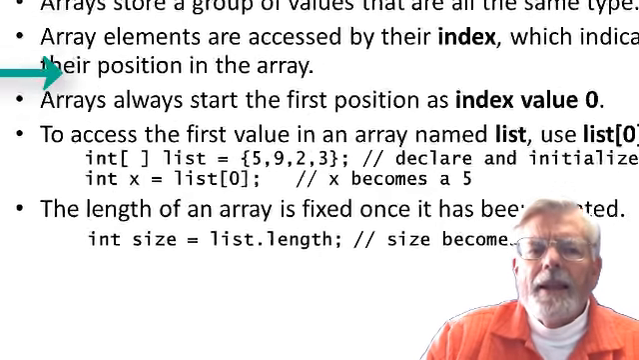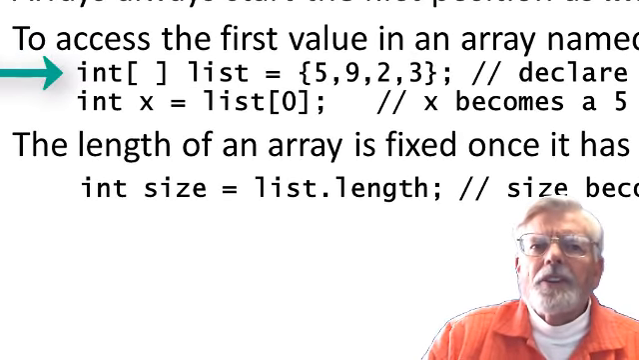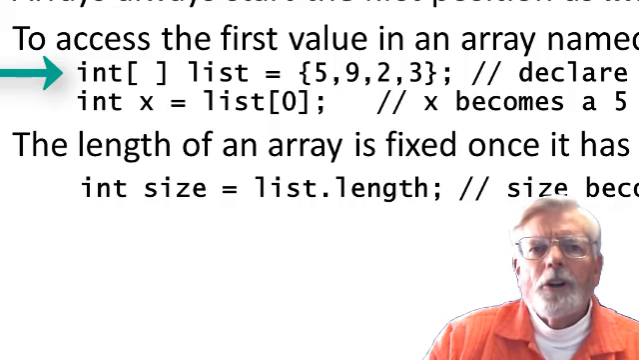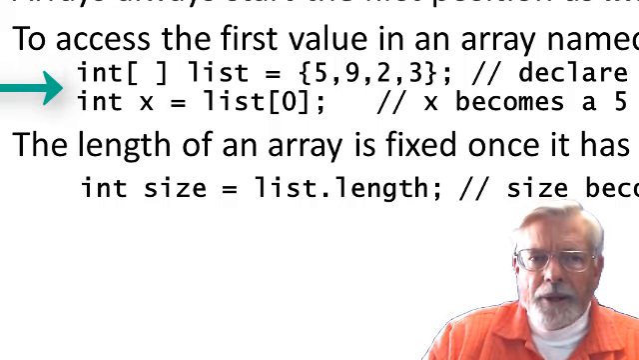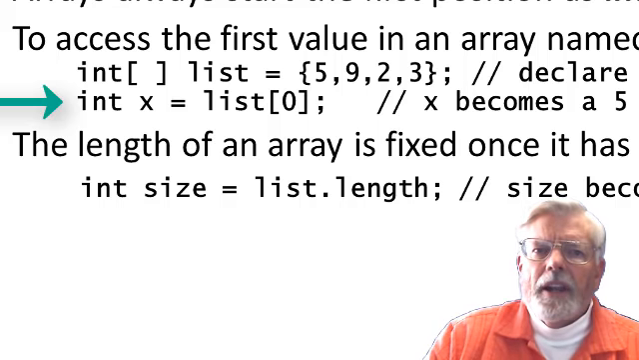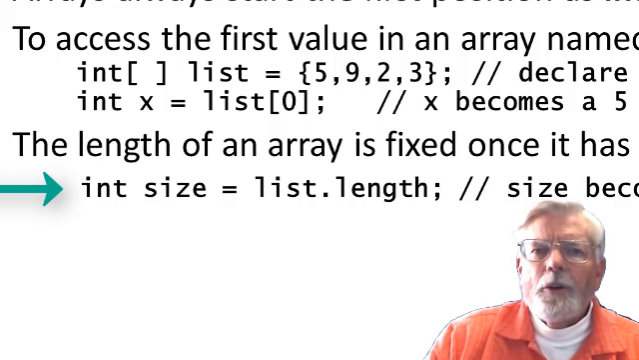For example, int[] list = {5, 9, 2, 3}; declares and initializes the array. int x = list[0]; This gets the data from position 0, which is a 5. The length of an array is fixed once it has been created. int size = list.length;